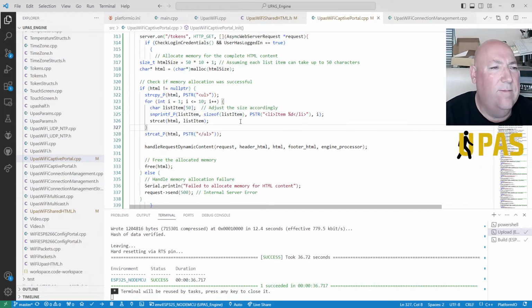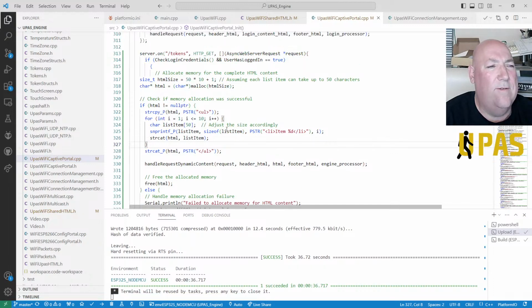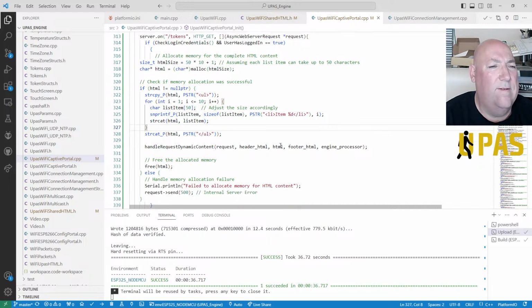So we need to, whatever this is doing, list of item. List item. Why does it have to do it in a horrible convoluted way? Right, so it did serve it up though, didn't it?